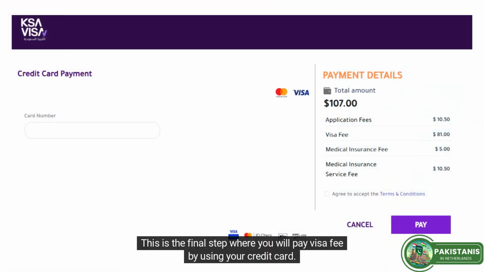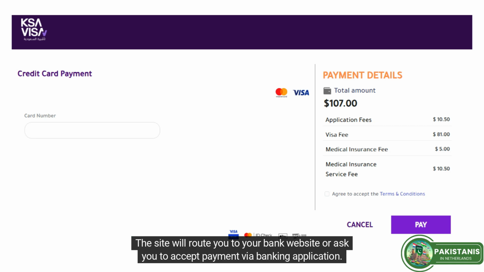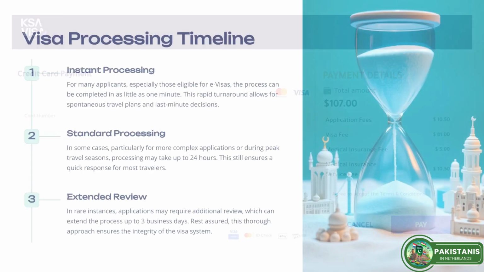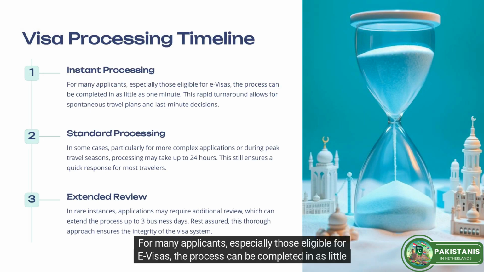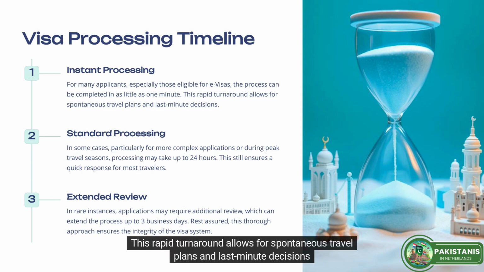This is the final step where you will pay visa fee by using your credit card. Input your card details such as card number, name, and CVV. Click on Agree to accept the terms and conditions and select Pay. The site will route you to your bank website or ask you to accept payment via banking application. For many applicants, especially those eligible for e-visas, the process can be completed in as little as 1 minute. This rapid turnaround allows for spontaneous